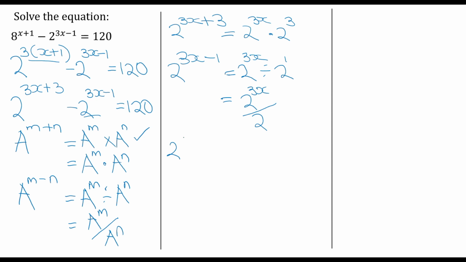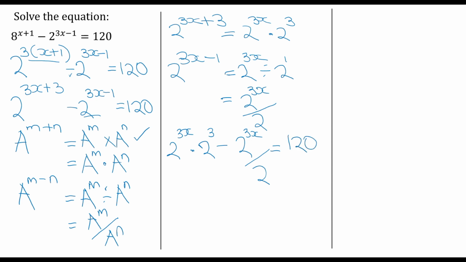So we have 2 to power 3x multiplied by 2 to power 3 minus this sign here, 2 to power 3x over 2 is equal to